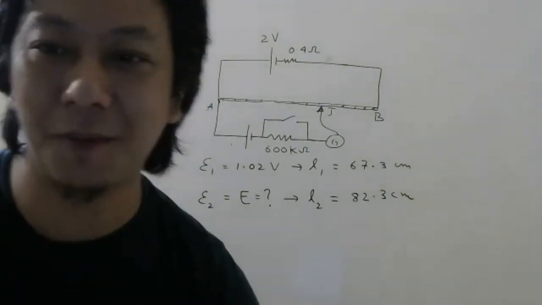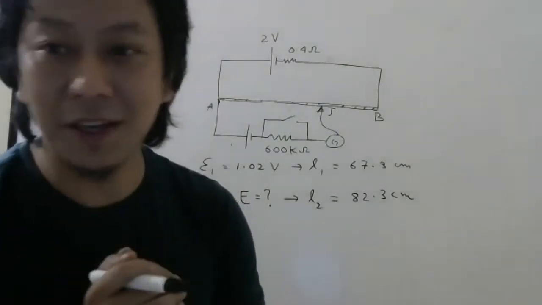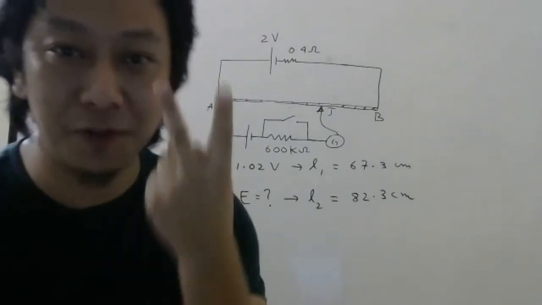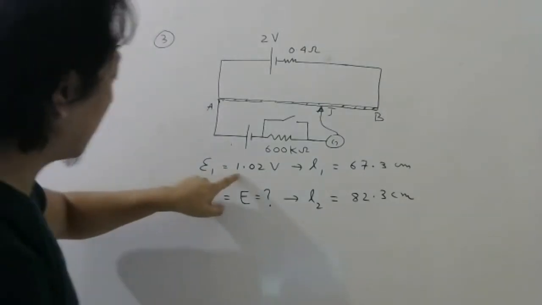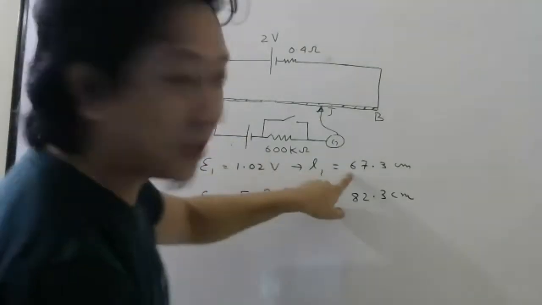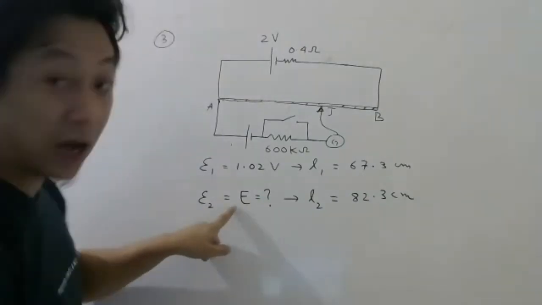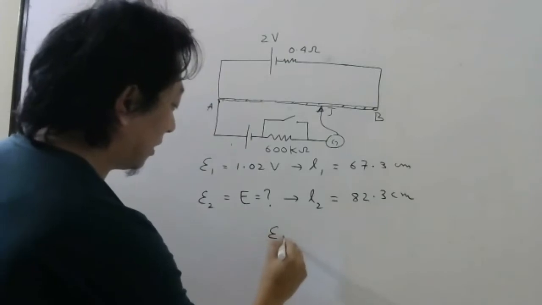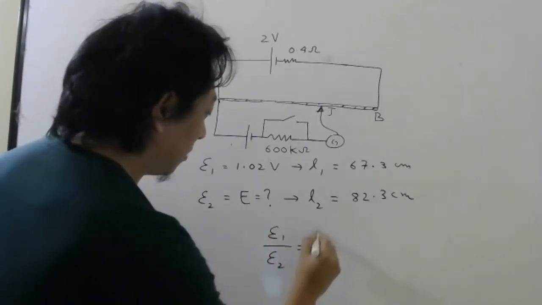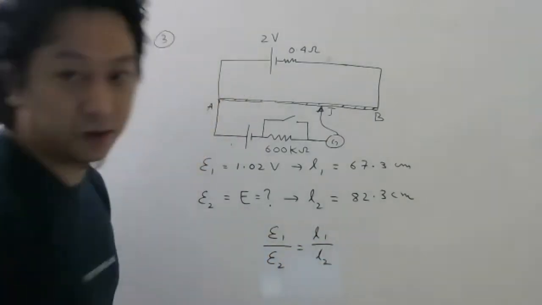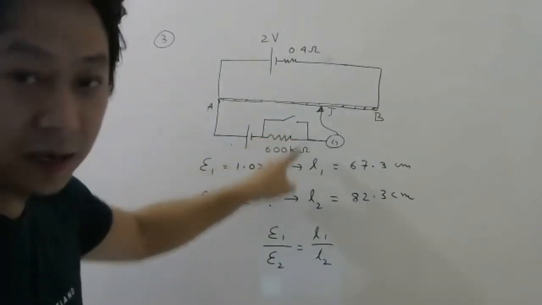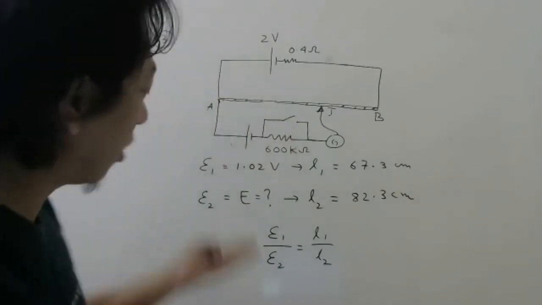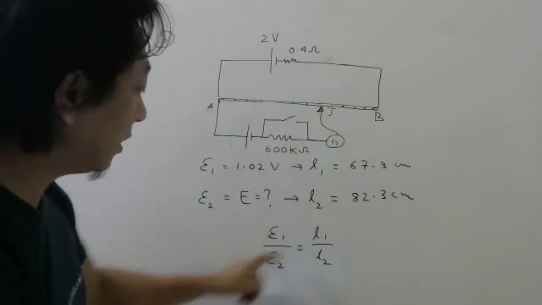This is based on what topic? Remember, I told you application of potentiometer. You can use potentiometer to compare EMF of two cells. First they have connected this EMF here, then measured the balance length. Then they have connected unknown EMF and measured the balance length. What was the formula? E1 by E2 equals L1 by L2. Don't worry, I will talk about why they are keeping this here, but right now this is not important because we have to just solve this problem.